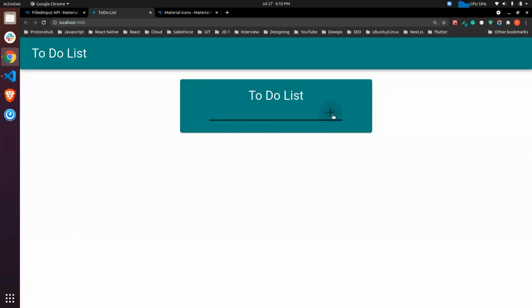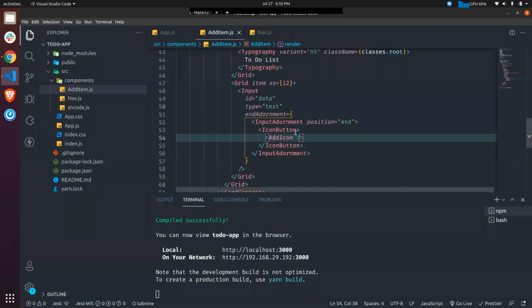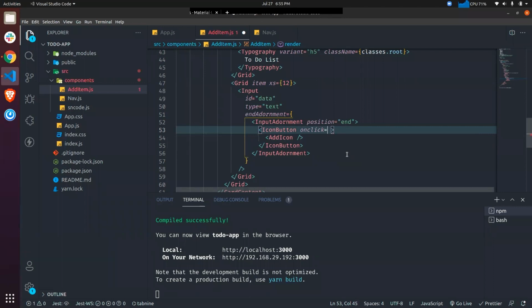To check if this click works or not, let's just have an on click event. Since it's a button, we'll be getting an on click, and in this on click, what we'll do is that we'll console.log and we'll write clicked. Okay,